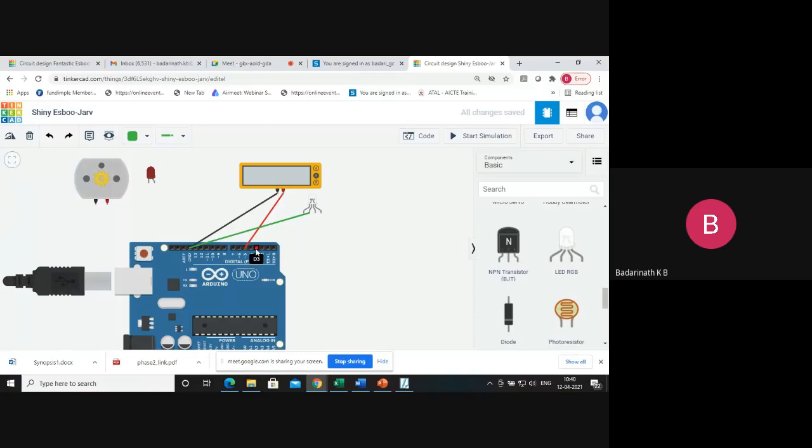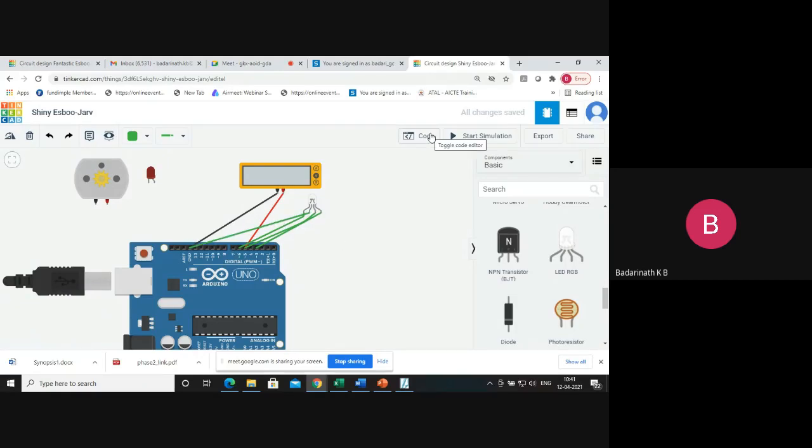So I will select pin 3 and connect it to, let's say, green. Pin 5 I will connect to blue. Pin 6 I will connect to red. So I've just connected 3, 5 and 6. These are the 3 different colors. This is an RGB LED, and the cathode I connected to ground.